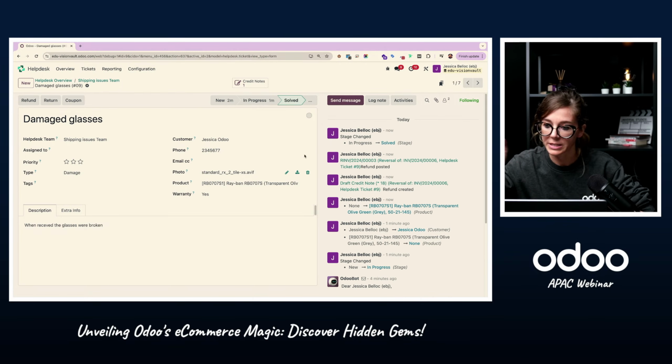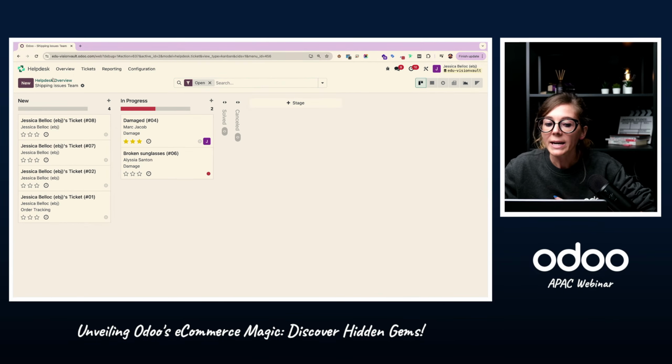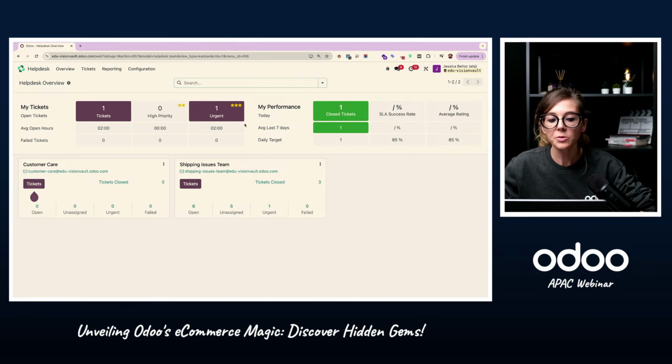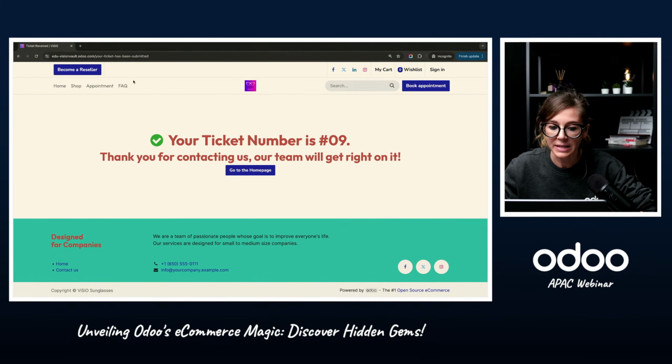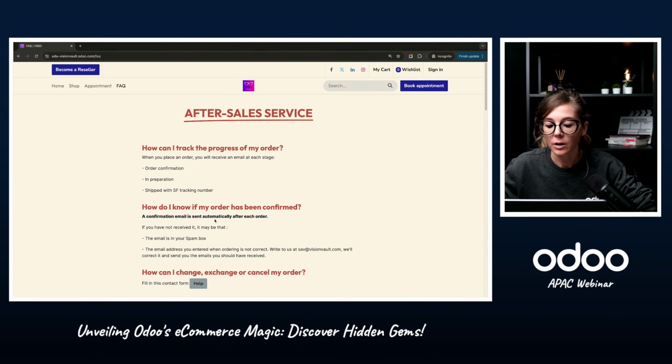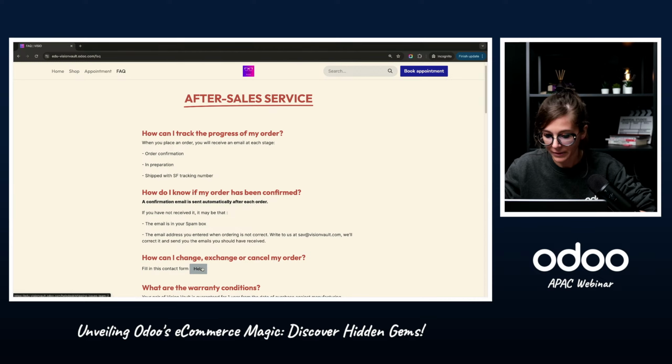and then I can just put it in solved, okay? And then they will receive a satisfaction email so that they can tell me if they're happy or not with it, okay? So that's one way to do it, okay, using the help desk app and link it to the website, having a button or something where they can access it directly from the